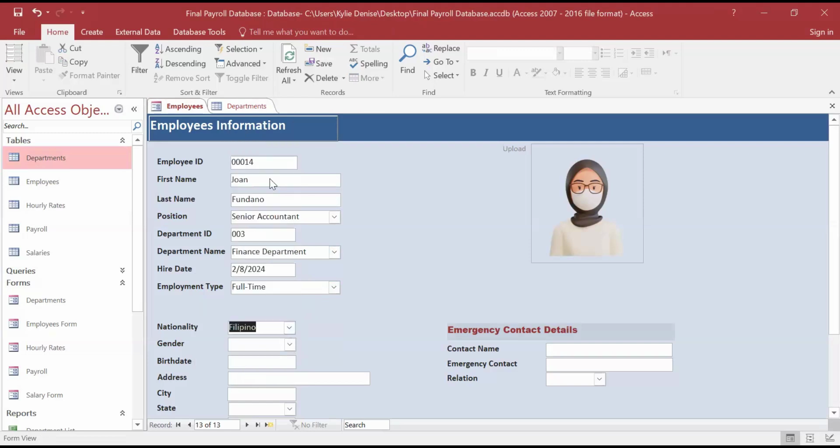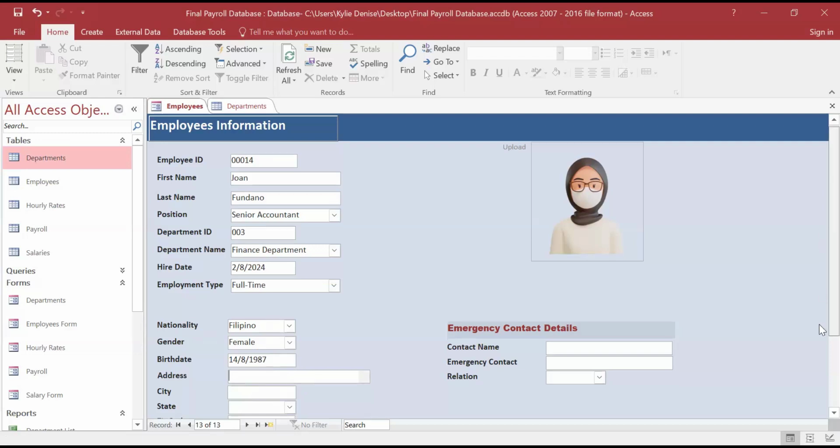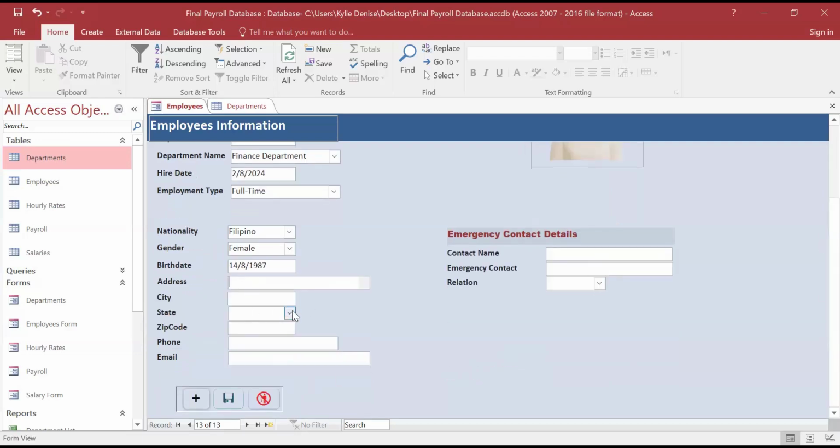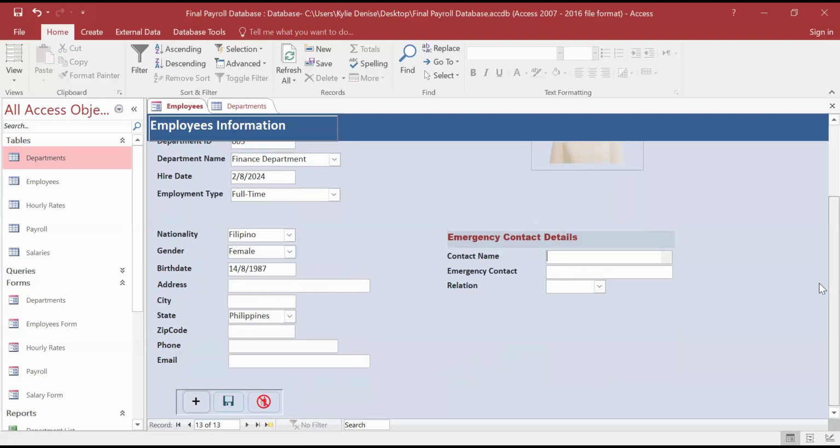Nationality. And then here, birthday, let's say August 1997. And then here, I added an option to put the emergency details, because I think it's important.